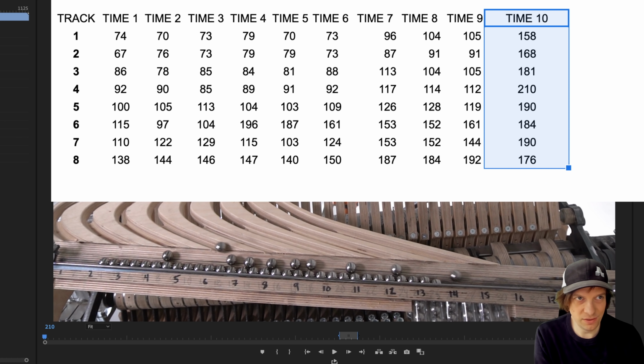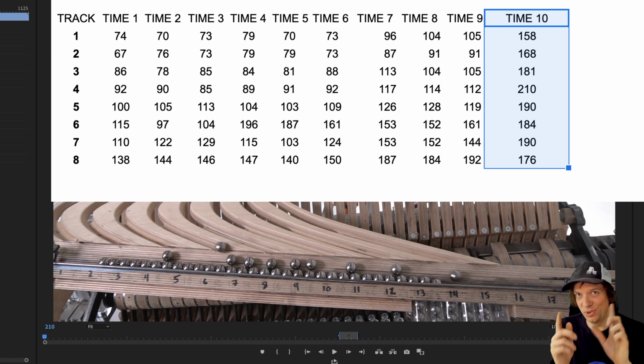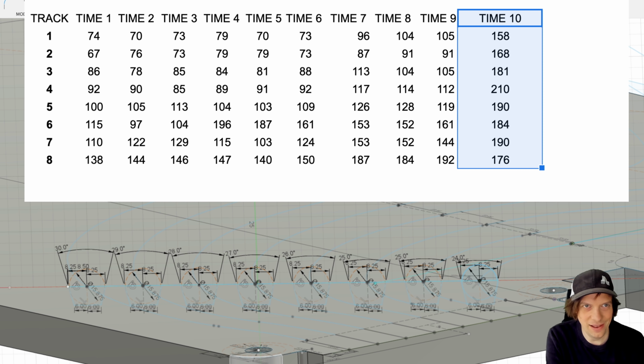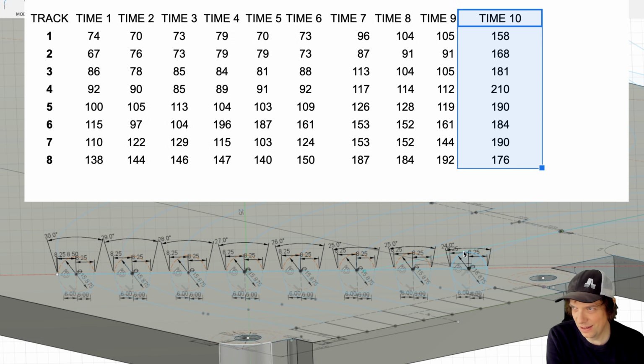Very, very positive results. A lot of channels have doubled in time, but the last channel, number 8, is actually even faster now. I'm actually going to put this back on the CNC machine and make it even slower, and then I'm absolutely done. So this is really cool because here I have my angles and then I have the time. So now I can go into CAD and actually adjust this very precisely, which is kind of awesome.